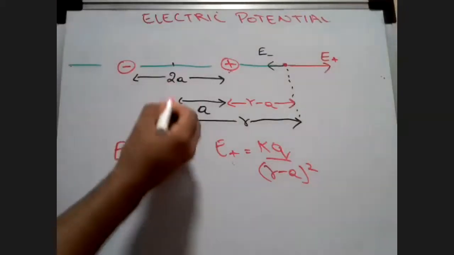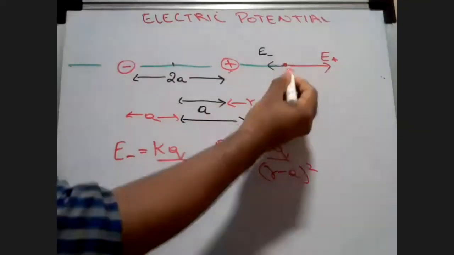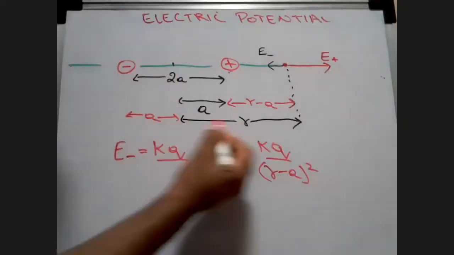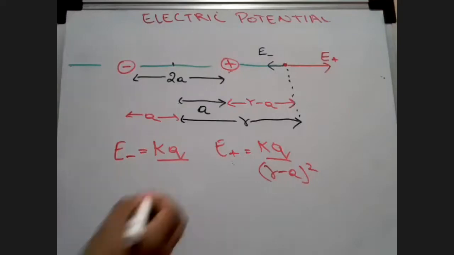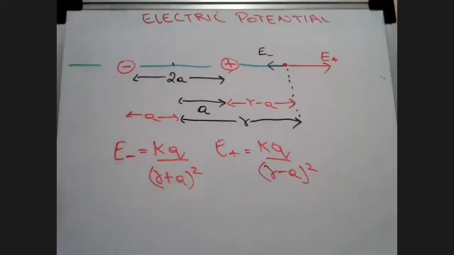Why? This is 2A, this is A, this will also be A. So the entire distance between this point and the minus charge is going to be A plus R, or R plus A. So I will write R plus A whole square. Okay, is this clear, everyone? So if I know this much,